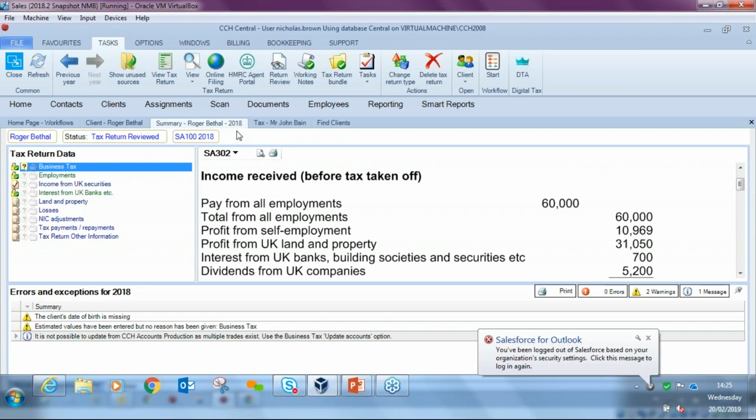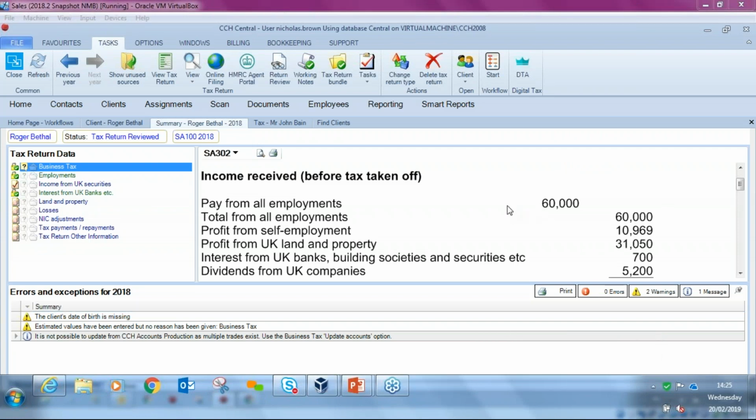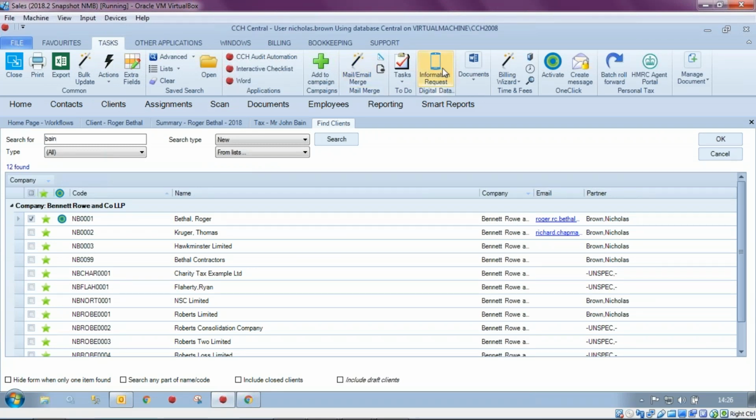Yeah. So just to make people aware, we've got this new set of digital data collection tools that we're going to be releasing in April, so that it's another option for you to consider when collecting tax return information from your clients. So it works in exactly the same way as Nick has demonstrated today, but rather than click on the mail merge button, we've got an information request button, and what that will do is send an email to your client with a link to their client side